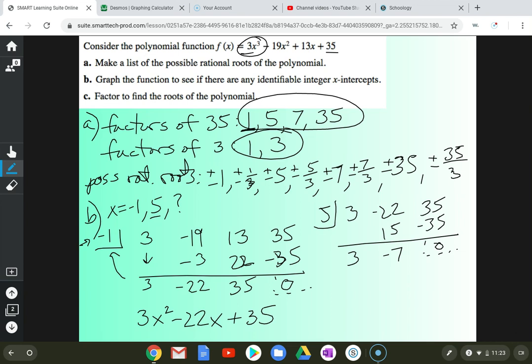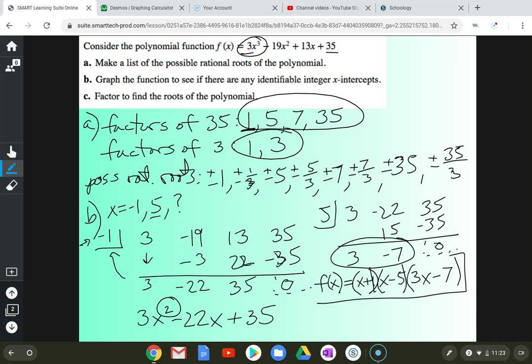So first, to relist the function f of x as a product of factors, well, we have our x plus 1, because our root is -1. We have our x minus 5, because of our root of 5. And then this last guy here is 3x minus 7, because we started with a squared, we reduced the degree by 1, so we're left with 3x minus 7. So this is our factored form of our polynomial, and our roots